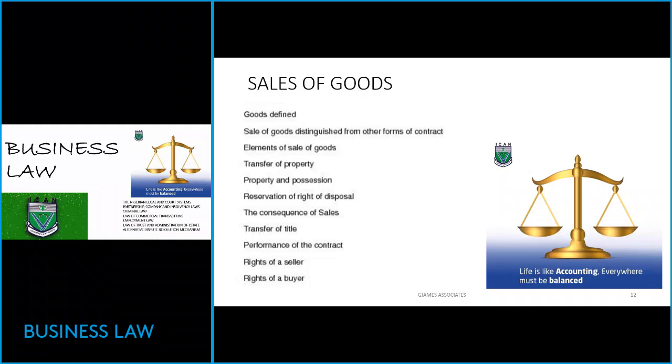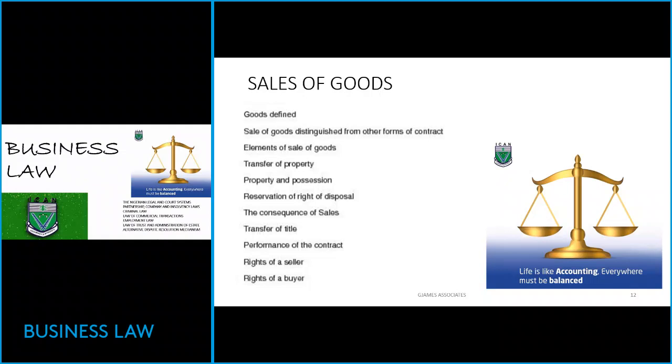So the distinction between contracts of sales and other forms of sales that we may have: elements of sales of goods, transfer of property and possession, reservation of the right of disposal, that is the right to possess something and the right to dispose of it, the consequences of sales after we've sold something, what happened, transfer of title, performance of contract we've